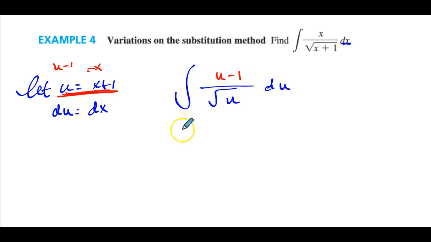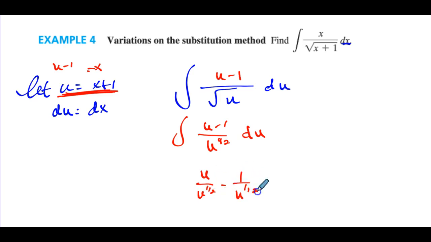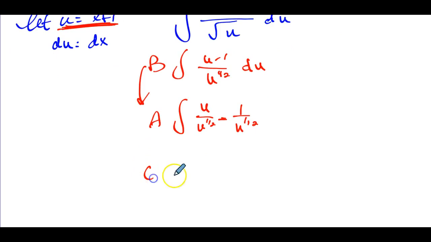And then we can use some integration techniques by rewriting this as u to the 1/2, because the square root radical is raised to the 1/2, and then u over the 1/2. This is called decomposing the fraction, so I'm going to decompose that. Normally I start at A, where I have a common denominator, and I subtract and combine it to B. But in calculus, oftentimes we start with one fraction and we want to break it up, because once you have part A, then you can go to part C and rewrite this thing as u to the 1/2 minus u